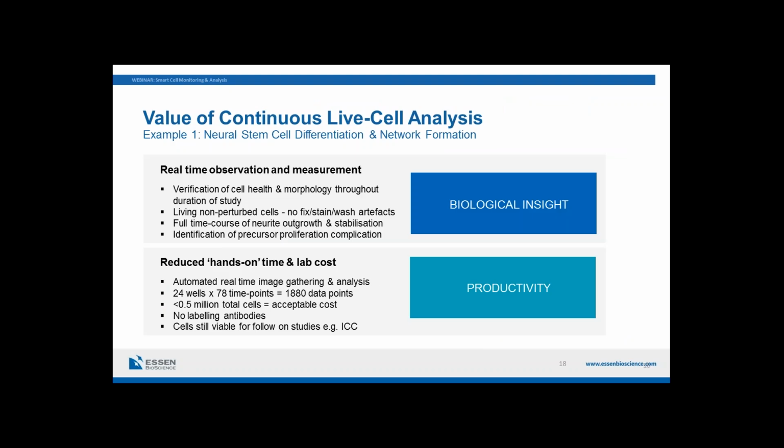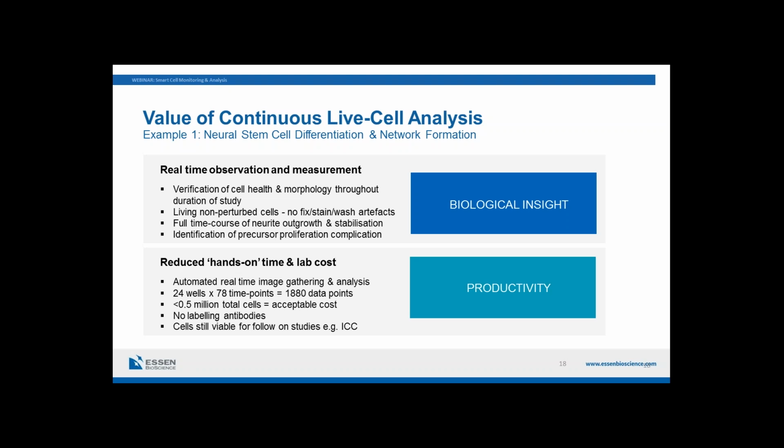So just to reflect on that example, in this case, continuous live cell analysis provided us with 2 things. One was a better biological insight than we feel we would have had by an endpoint approach, and secondly was a greater productivity. Our real-time observation and measurement gave us a verification of cell health and morphology throughout the study. All of our measurements were made from living non-perturbed cells. We didn't need to fix or stain or wash them. We at all times understood the time course of the neurite outgrowth and stabilization, and we could troubleshoot to identify